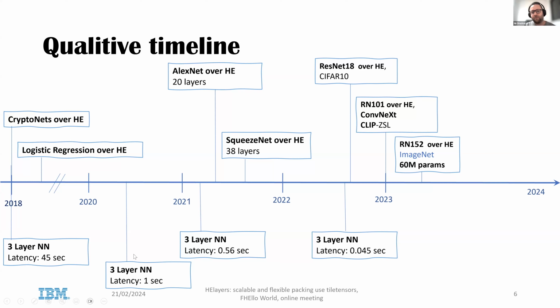So it's super cool. We see the performance going down, and we see the size of the network going up, and we see that the target of transformers of 100 million parameters or billions or more parameters is getting closer and closer to being practical, and this is very exciting, at least for me. Now, the question is, if the model grows so much higher, how can a data scientist still utilize the low-level primitives of FHE to perform encryption? And this requires special knowledge and special capabilities that usually do not exist in their toolbox.